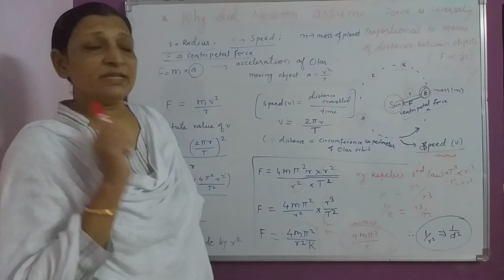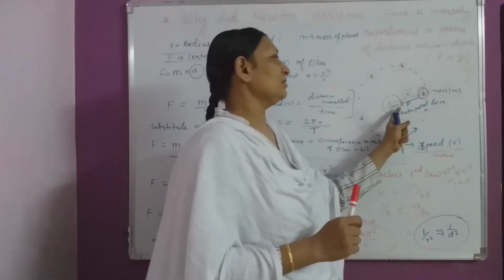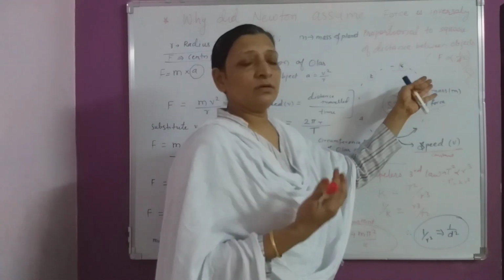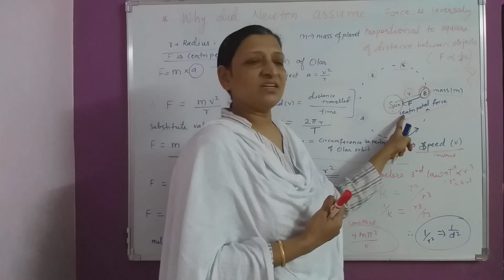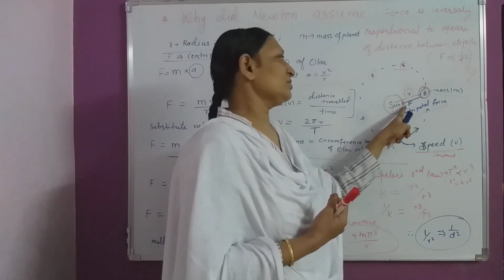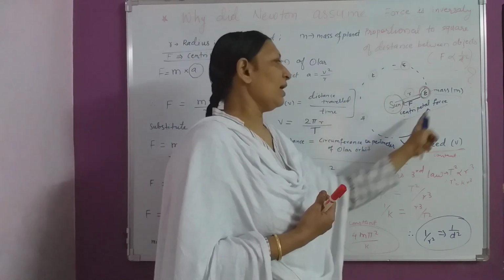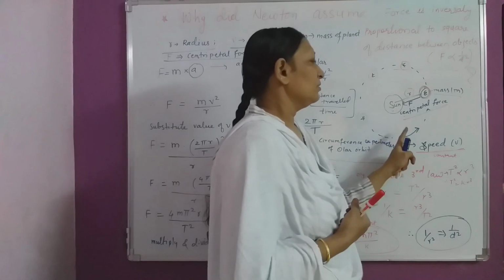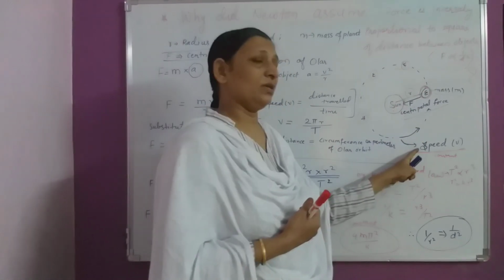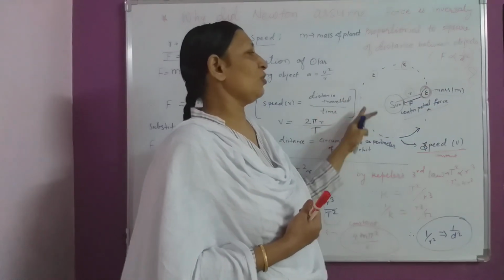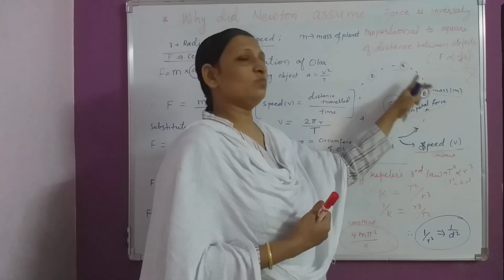In the very beginning of the lesson we have learned that when any object is moving in a circular direction, then it is experiencing a force, and that force is nothing but the centripetal force. So this is the force which is attracting this object toward the sun, which is the center of this circular path. And this object is a moving object. Since it is moving, it has some speed, and this is a constant speed. It is not changing. It is the same for every place where it is moving.